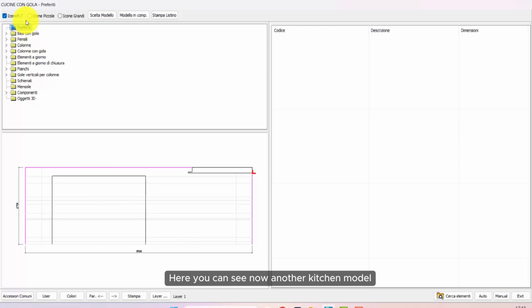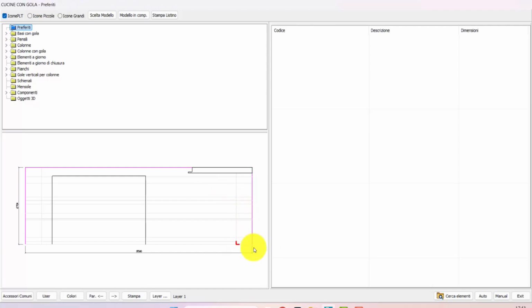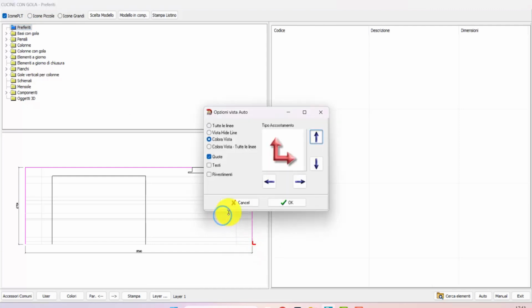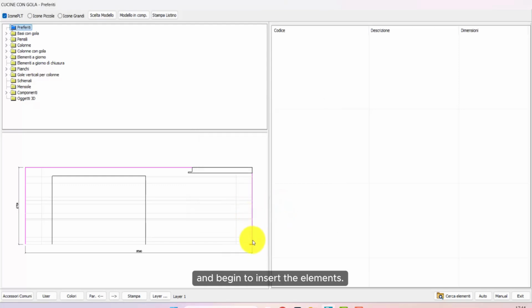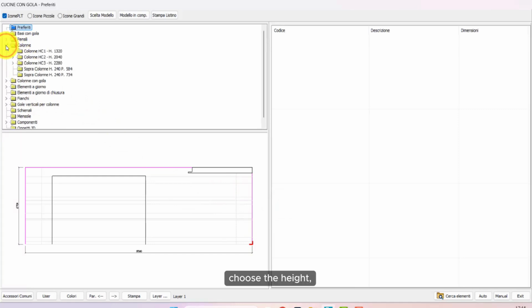Here you can see now another kitchen model. That is kitchens with channel. Here I have this red cursor that I can move by clicking. With the right mouse button, I can change the insertion direction and begin to insert the elements. From here I can open the tool units. Choose the height, the depth,